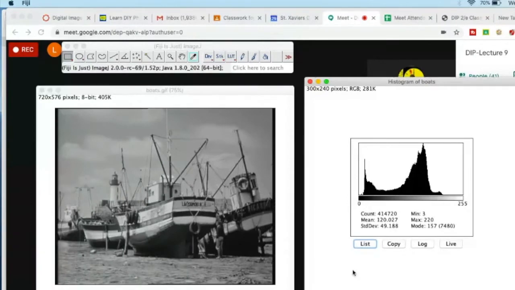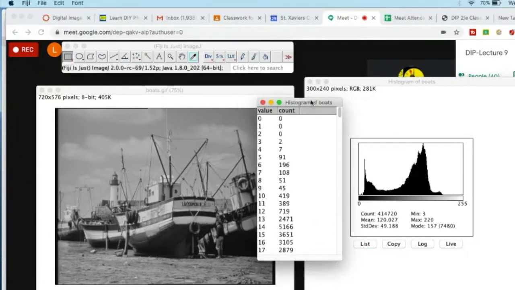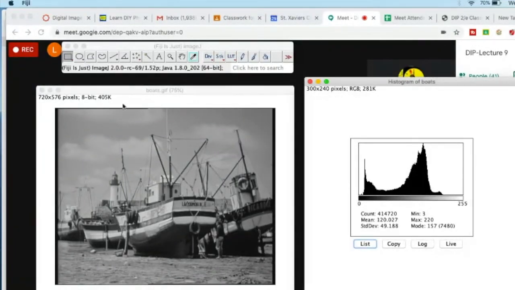The purpose of a histogram is to tell us about the exposure in the image. You must have seen in many digital cameras, you see the histogram while taking the image. So the person who is capturing the image gets to know about the exposure. If it is underexposed or overexposed, you can change the lighting accordingly. If you click on List, you will get this count. Can you see? You have values which are changing from 0 to 255, and on the right hand side, I'm getting the count. I want to give you one exercise on this.